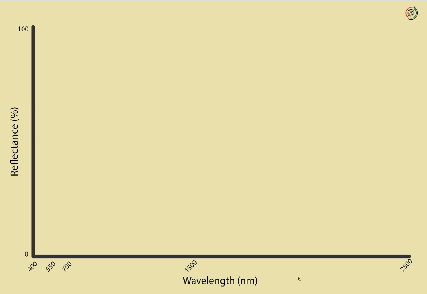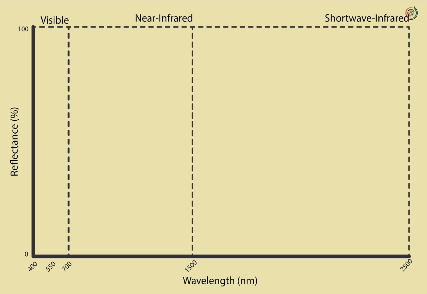For the purposes of this tutorial, we're going to distinguish between three components of the electromagnetic spectrum: visible, which we're able to see with our eyes, and near infrared and shortwave infrared, which are wavelengths we cannot see. The visible part of the spectrum is the easiest for us to interpret because it is the only part of the electromagnetic spectrum we are able to see with our naked eyes. We see the wavelengths in the visible spectrum as colors, while all other wavelengths outside of the visible spectrum are invisible to us. For example, the color blue is actually about 400 nanometers, green about 550 nanometers, and red about 700 nanometers. So now that we understand that colors are actually wavelengths within the visible spectrum that we can see,